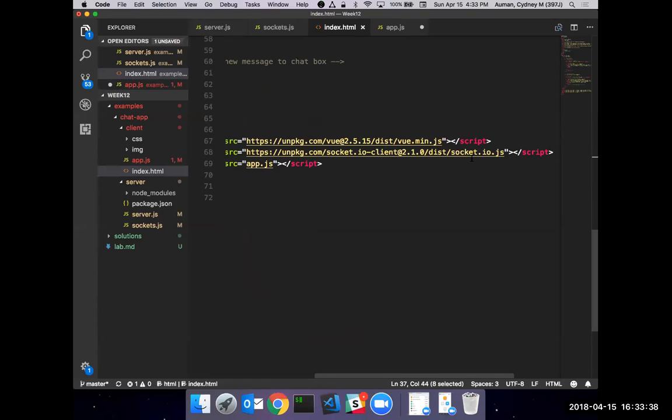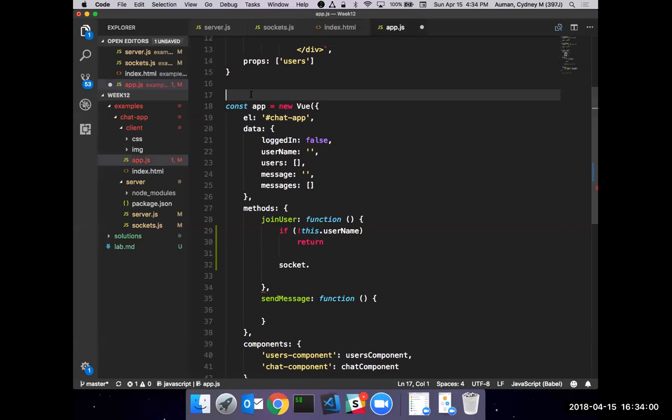So we don't need Axios. We're not going to be making any HTTP calls. We're only going to be communicating with our server via sockets. Instead of Axios, we're just using the distribution for socket.io on the client side. They have a server side, and this is their client side. You can see it's titled right there in the name, socket.io client. And now, just like with Axios, we have access to that variable up here.